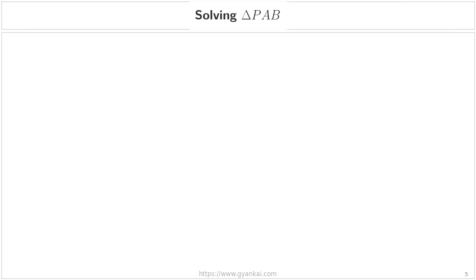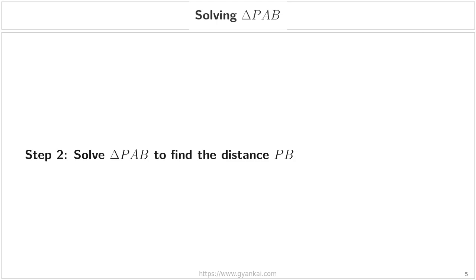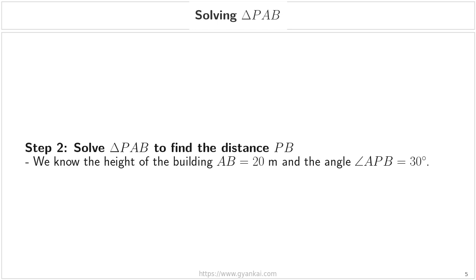Solving triangle PAB. Now that we have identified our two triangles in the previous slide, let's move on to step 2, where we focus on solving the first triangle, triangle PAB, to find the distance PB. Looking at our diagram, we have two key pieces of information for this specific triangle. We know the height of the building, which is AB, is 20 meters, and the angle of elevation, angle PAB,